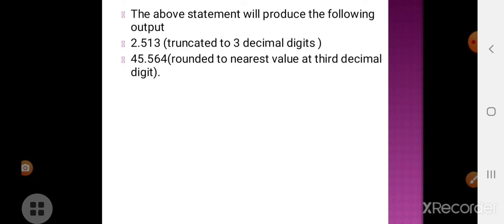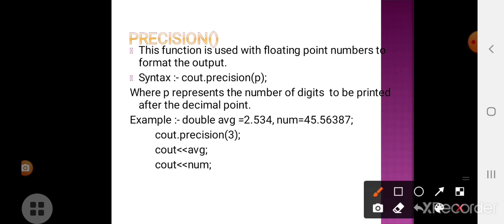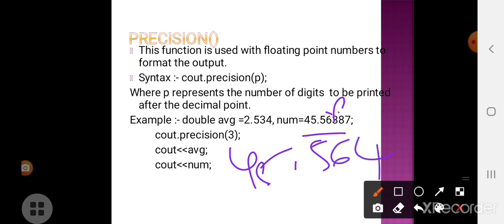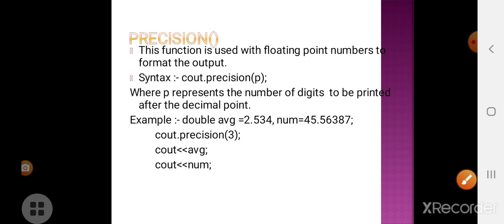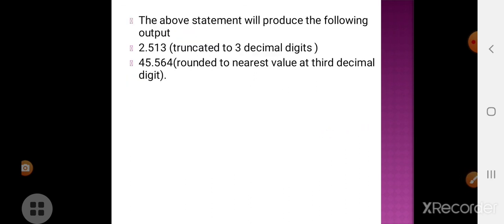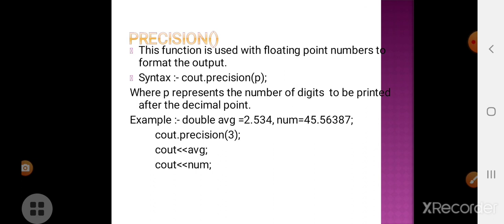And then next, 45.564 is nearer to the third decimal, so therefore it is also rounded off. Here see, 45.563, so 3 will be rounded off to 4, so 45.564 will be the output here for number, and for average it will be 2.534.